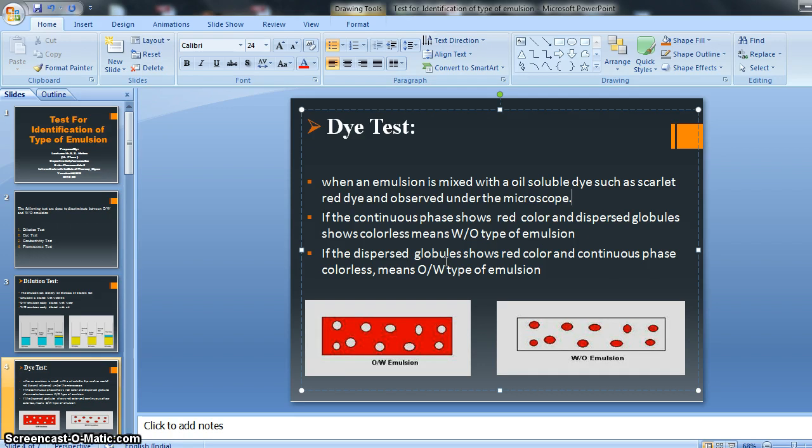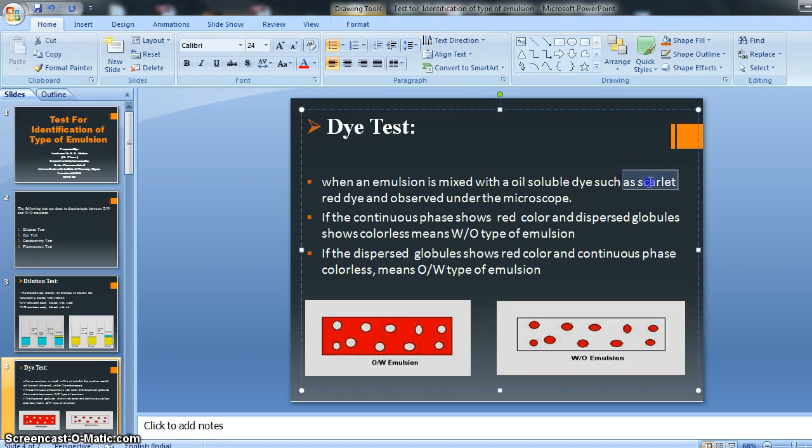So first of all we need an oil soluble dye. There are various kinds of oil soluble dye, but we need one selected kind. In general, for performing the dye test for identification of emulsion, there is one selected dye, that is scarlet red dye.